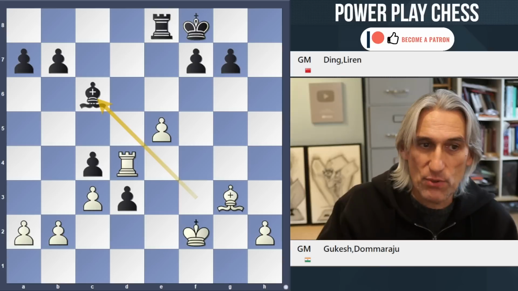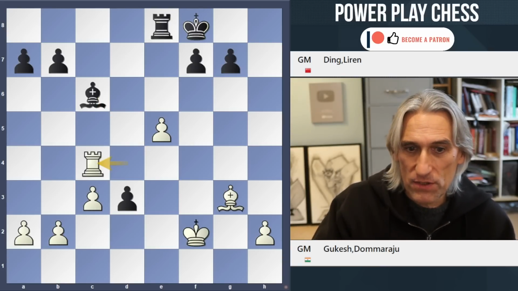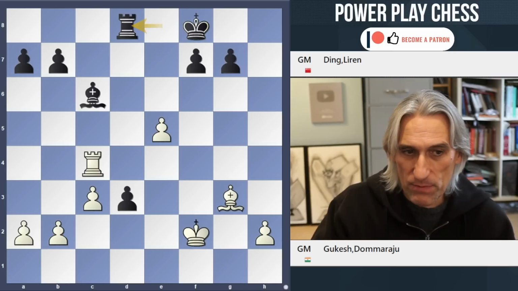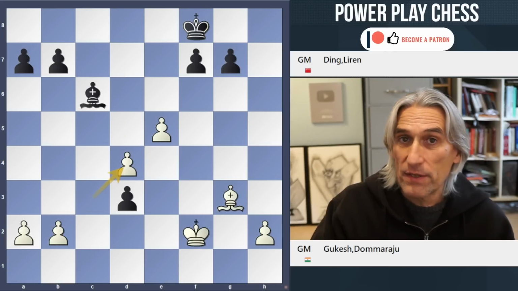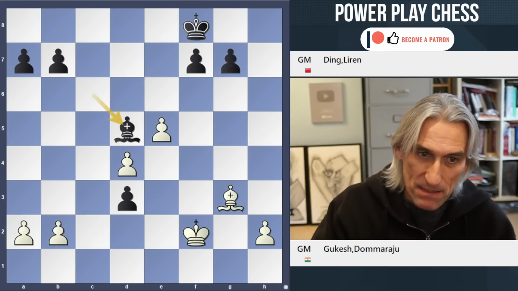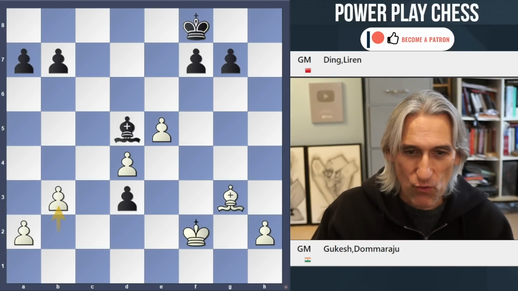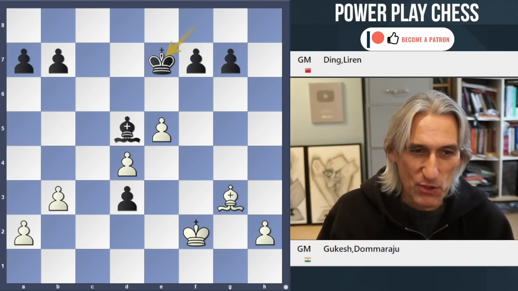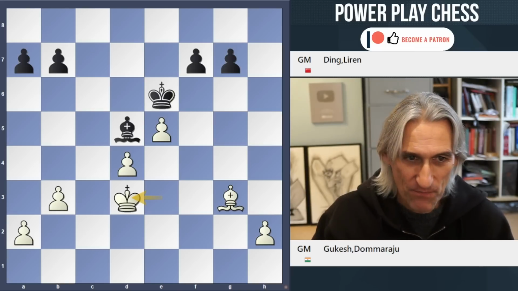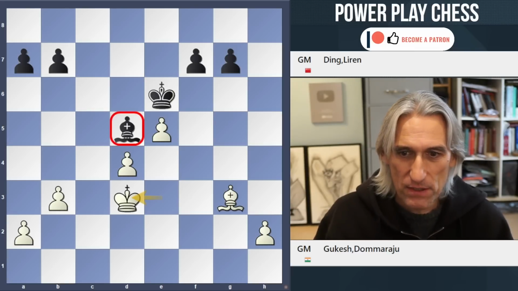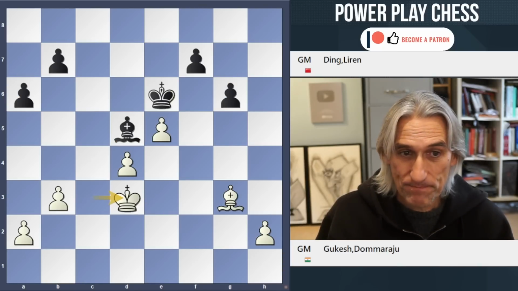Instead, Ding just played bishop c6. And this is basically just acquiescing to the draw. Rook takes rook d8, threatening to push, but then rook d4, an exchange of rooks. And once the rooks are off, then opposite colour bishop endgames with nothing special going on. Well, it's just a draw, basically. Gukesh even ends up with an extra pawn here, but it makes no odds because of this superb light square blockade.